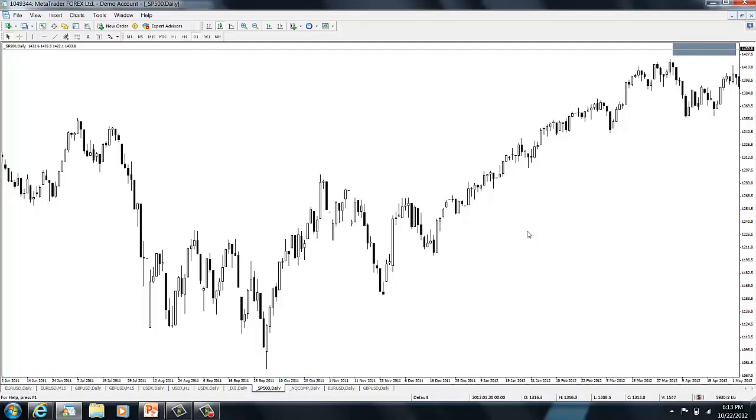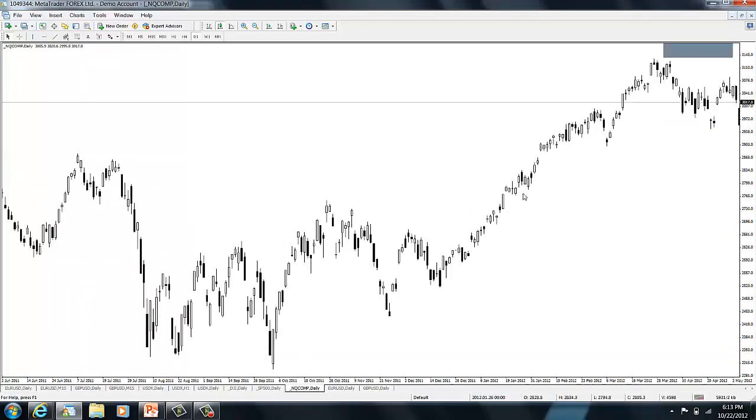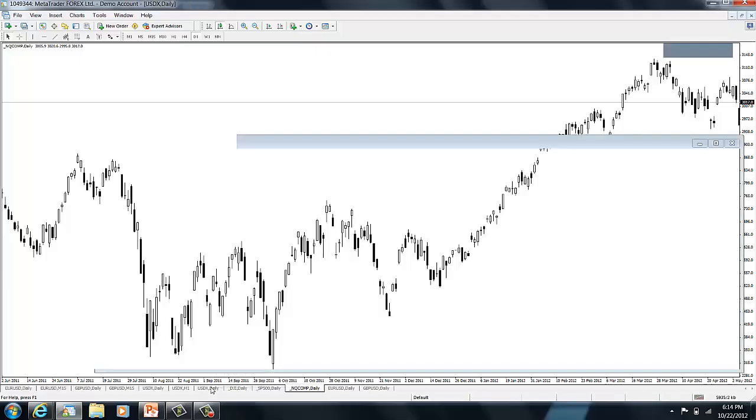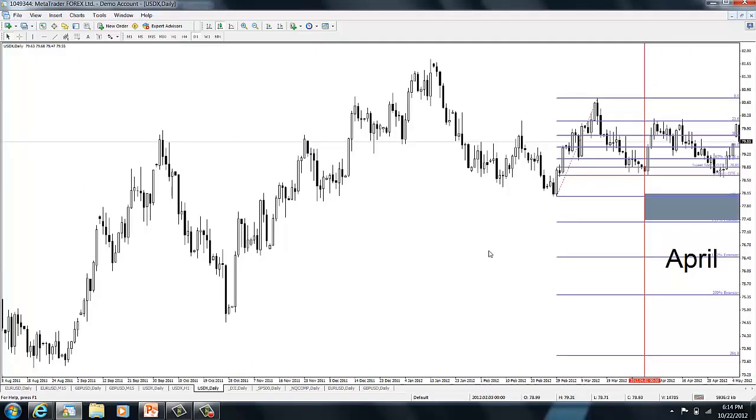Okay, see that? Now we already have an SMT divergence between the stock indices, and obviously the Nasdaq Composite Index also that same month was able to post a lower high. So we have SMT divergence indicating that we have underlying weakness. In other words, as this rally went up into the April, May time period, stock averages were not able to confirm one another. So Dow Theory suggests that there's probably waning momentum, and don't be so aggressive in terms of buying, because you may be seeing a withdrawal or a retracement lower. Let's go back to the dollar, and let's look at what happened from that point.